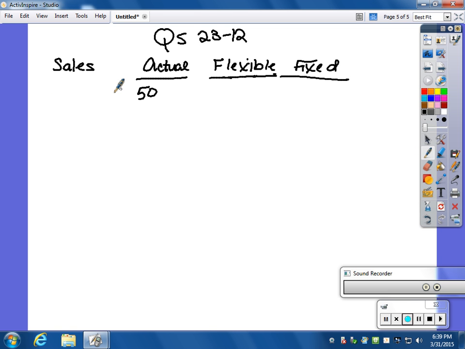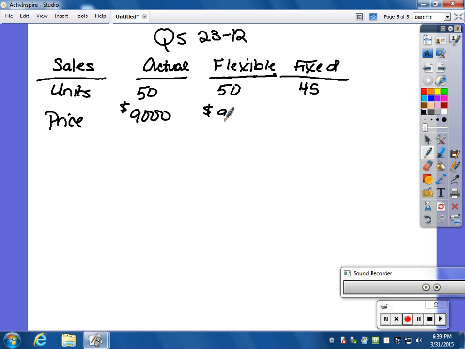So 50 units, 50, you say? And then what? 45. And what were the prices for these units? Like for actual, 9,000. What about flexible? 9,500. Fixed? 9,500. So when we multiply those,